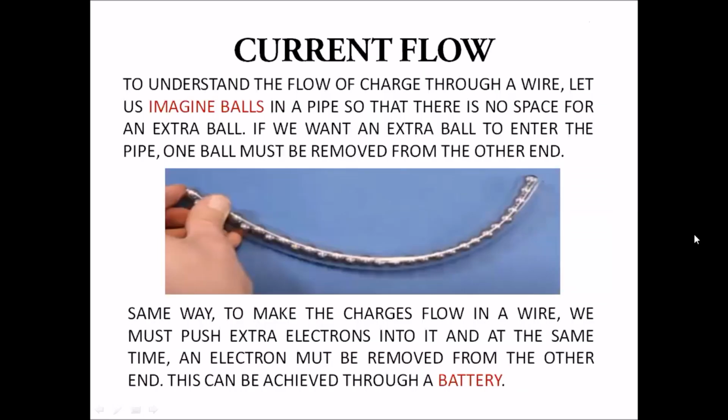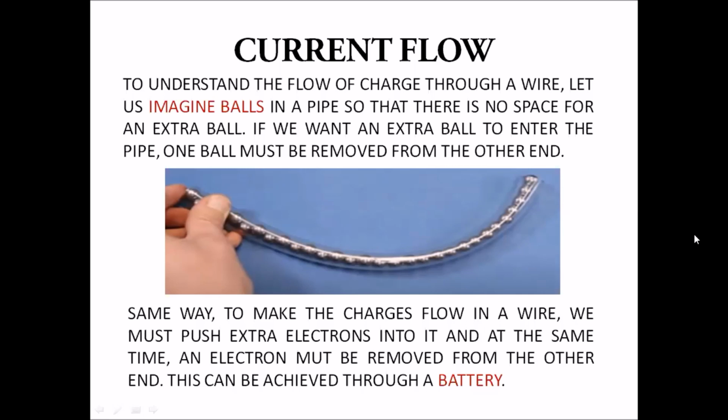So this video provides a similarity between potential difference and water flow. We can also compare potential difference to heat flow. When a hotter object is brought in contact with a colder one, heat flows from body at a higher temperature to the body at a lower temperature till temperature becomes the same. Same way, when we have 2 points of a wire at different potentials, current starts flowing.